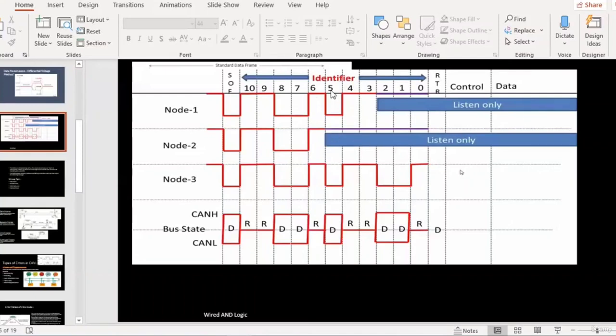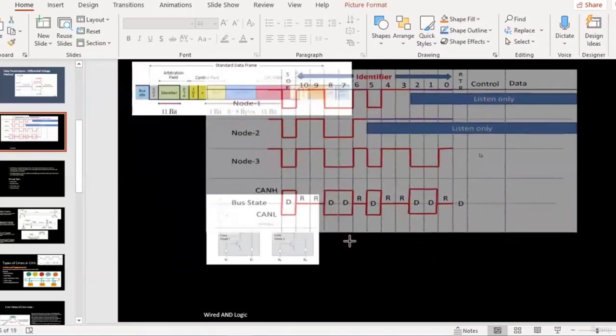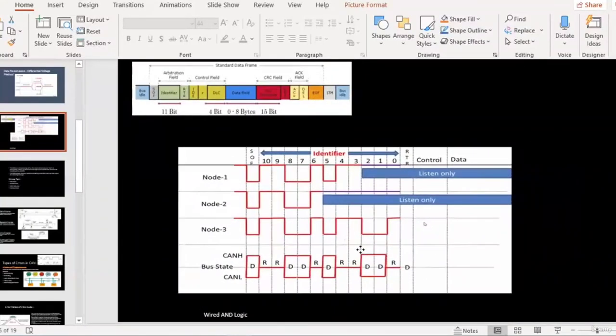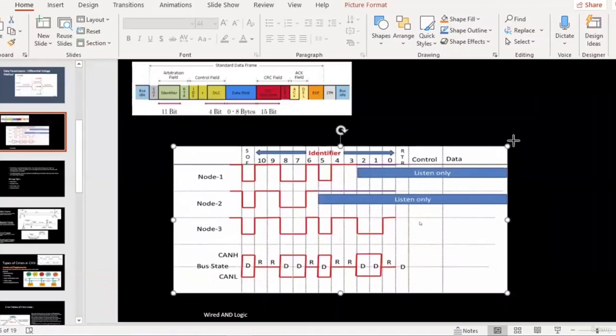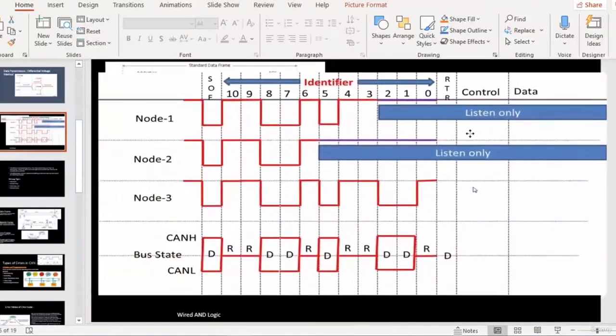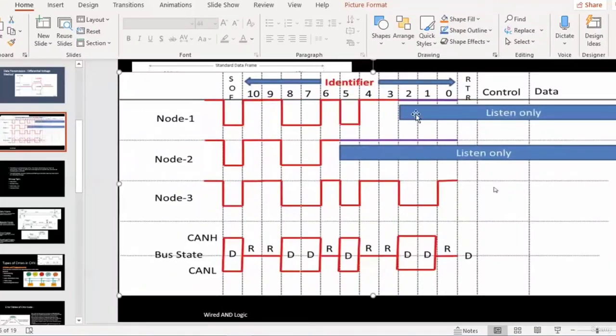So the first time in the arbitration, there would be three nodes fighting. Once one node wins, it completes the message. The next time there would be two nodes fighting, and then one will win, and at the last, after both of them have transmitted, the last node will transmit. So that is how the arbitration takes place. This is a very important logic of how the priority of messages is decided on the CAN line, and how CAN is able to decide which node will take precedence on the CAN network. So this is CSMA/CD logic.